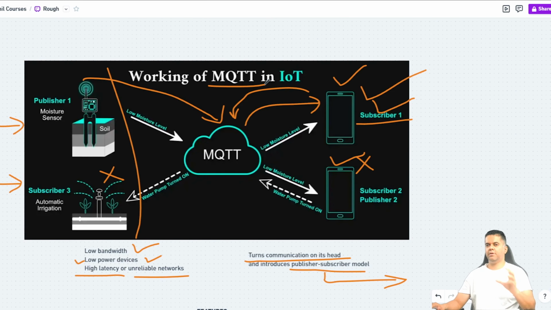Now, I know that MQTT relies on the understanding of publisher and subscriber, and we have not learned about pub-sub models as of now. This is going to come much later on in this series. But for now, even if you understand that there are some devices that are much smaller, they have very low processing power, they're low powered devices, and they're also connected to sketchy internet connections or networks, then for them to be able to communicate to the rest of the internet, you need the MQTT protocol, which has been built in a very different way.